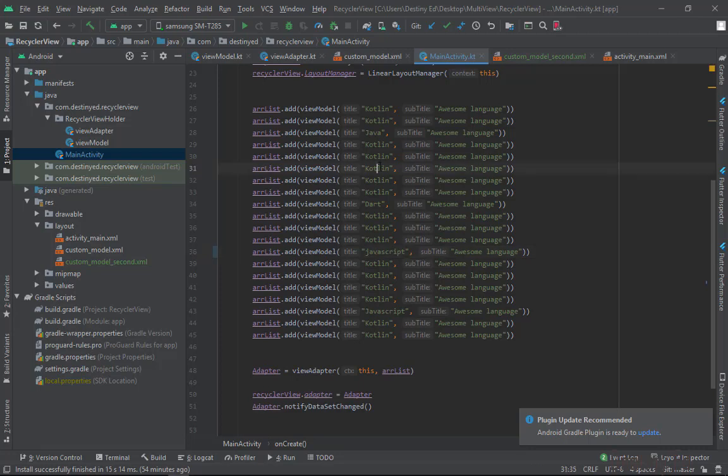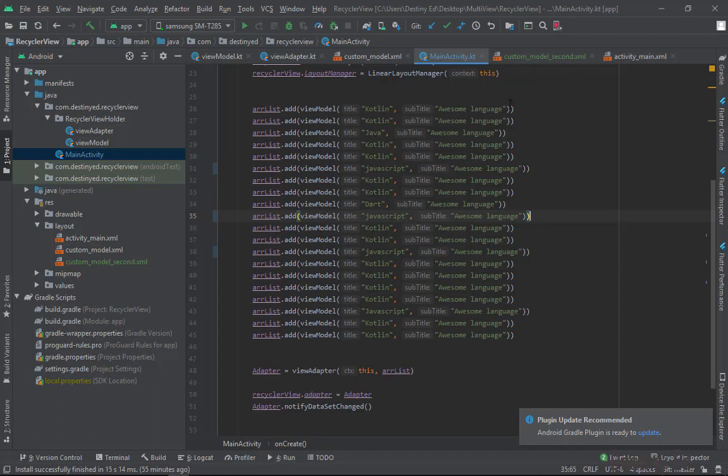Okay, so I'm going to add another one here, JavaScript, and I'll also add another one here. I'm not going to run this, but what I want you to know is that when we finish modifying our adapter,